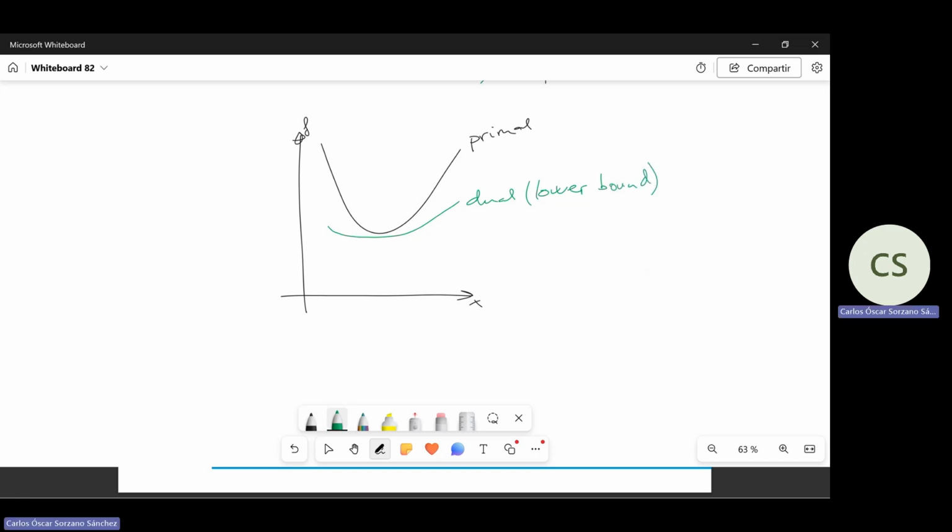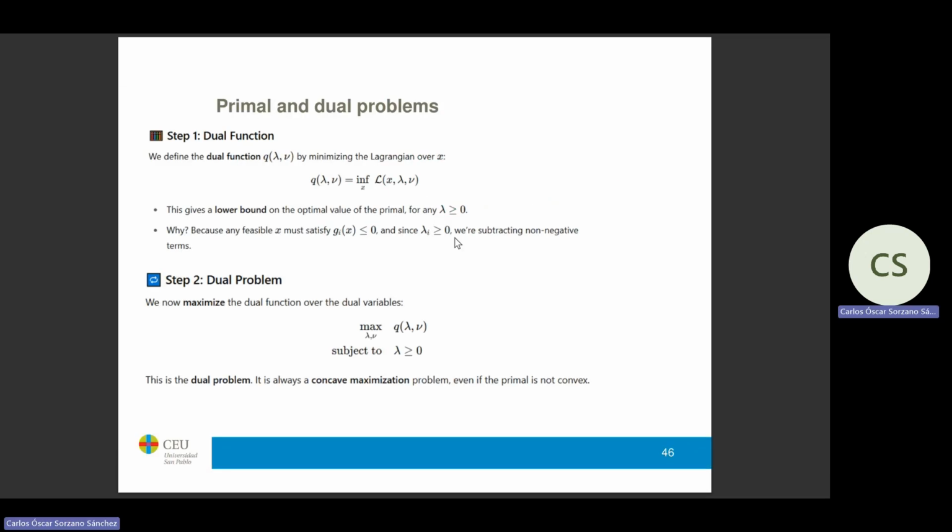They can touch or not, whatever. So it is always below the primal flow. Okay, so this is a lower bound, and the reason is because